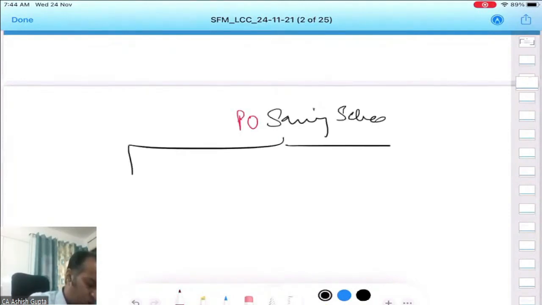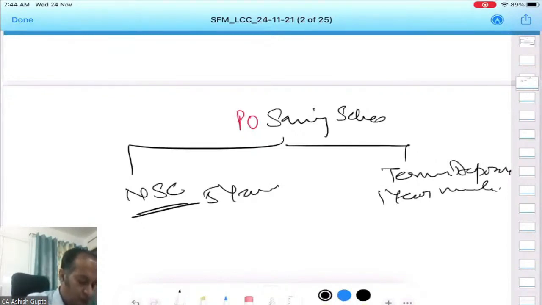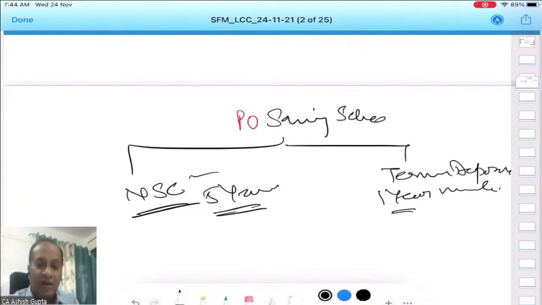Very good. Now, in this regard, maybe your parents may be doing some investment, even you have started investing. Now, student, you know that there is a post office scheme. Okay, there are two post office schemes. One is NSC, another is term deposit. This NSC normally carries a period of say 5 years or so, and term deposit is in multiples of year one. Of course, the NSC has some more rate of interest due to the compounding effect, but they are somewhere near about.